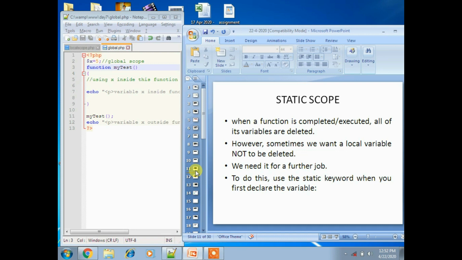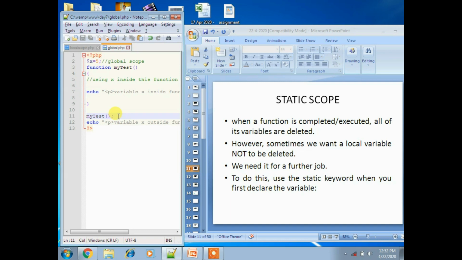In some cases we want a local variable to stay there. For future purposes, to do this, use the static keyword when you first declare the variable. First we have to declare that, and based on that they'll get the values.